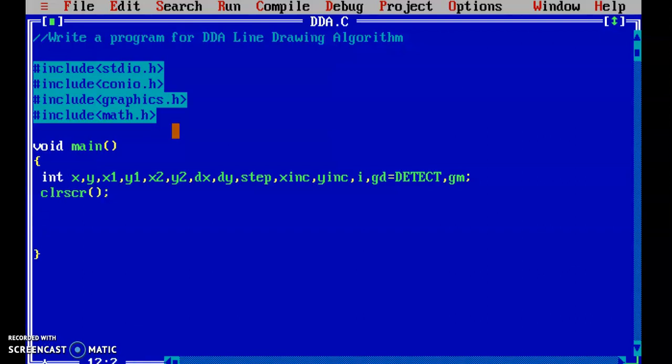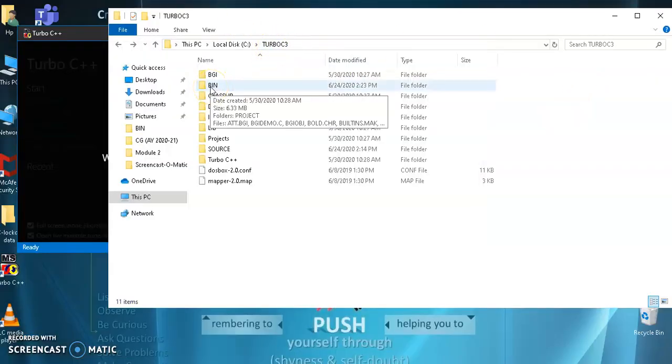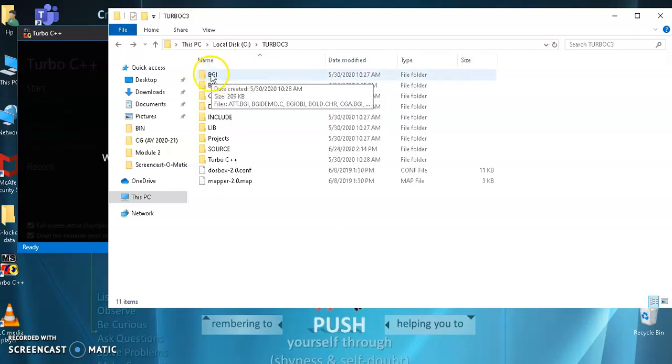Then after this we are going to initialize an important function, that is initgraph. Under initgraph there are three parameters. I'm going to pass GD, GM and a path. Now what path is to be given? When you go to your Turbo C folder, up till now you have worked with only bin. Here our BGI folder is important.